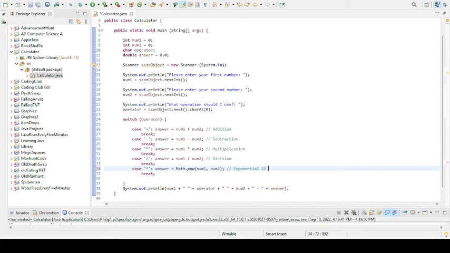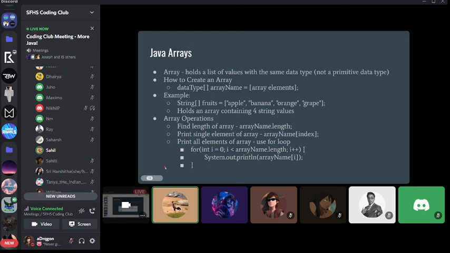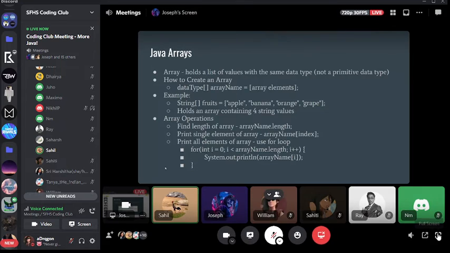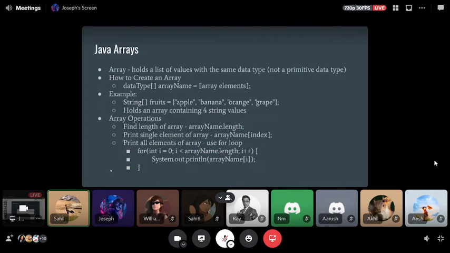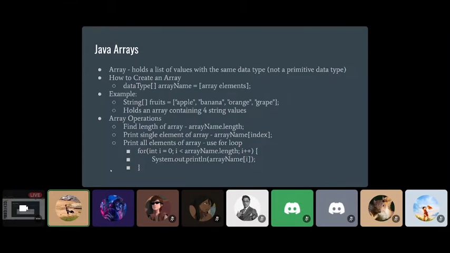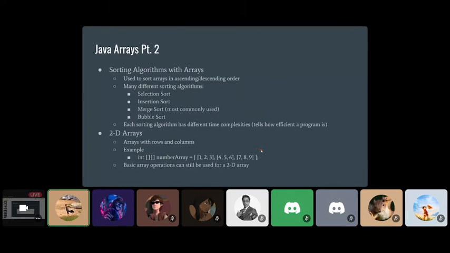Yeah. So some array operations you can use are finding the length of an array using arrayName.length. You can print a single element of the array, which is the array name and then your brackets with the index. And one thing to make note of for index, it always starts at 0, so your first element would be 0, not 1. And a simple program